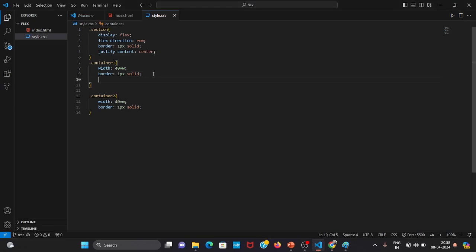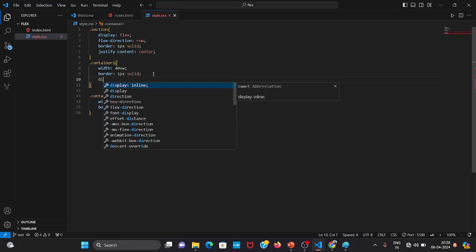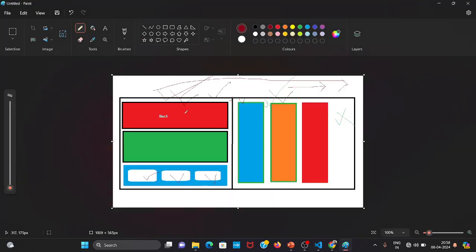Let's go inside container 1 and set their properties. We could set text align to center, but we will not, because we are going to use flex property also inside container 1 and container 2. Here you can see we have to make another 3 divs inside container 1 and 3 divs inside container 2. In case of container 1 they are aligned column wise, and in case of container 2 they are aligned row wise. So